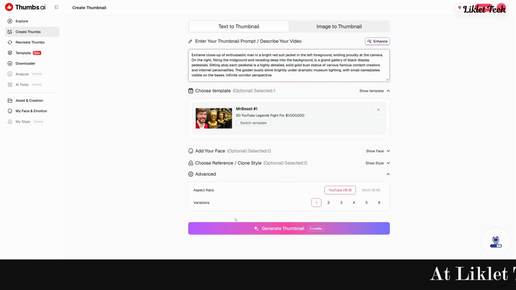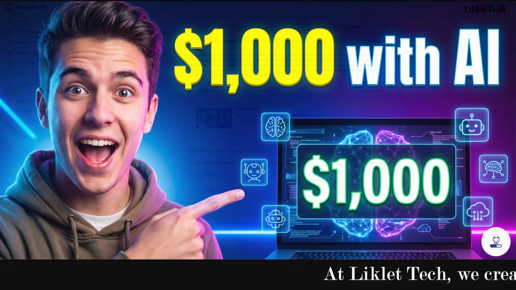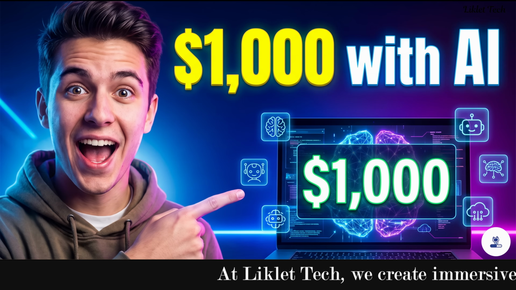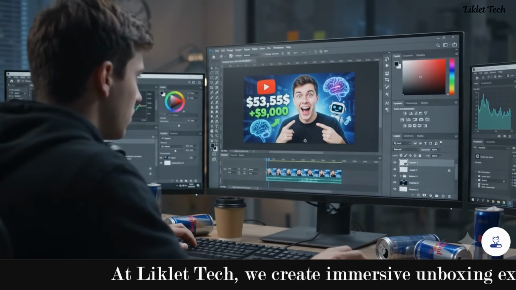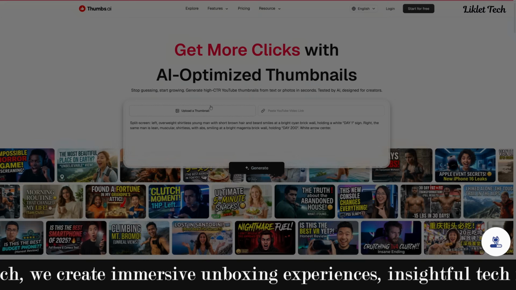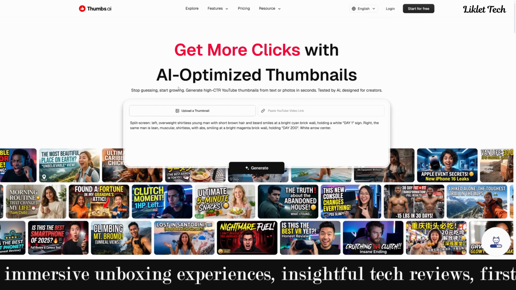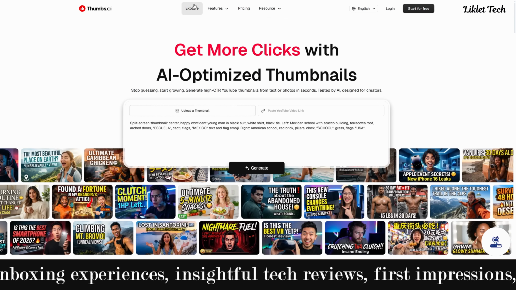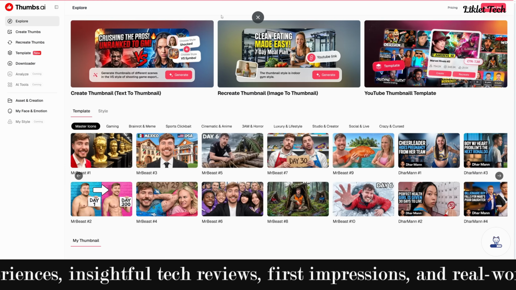Imagine creating a professional YouTube thumbnail that looks like it was designed by a pro in less than 1 minute. No Photoshop, no graphic design skills, and no spending hours trying different colors, fonts, and layouts. Today, I'm showing you Thumbs.ai, an AI-powered thumbnail generator that's designed to help creators get more clicks and save a